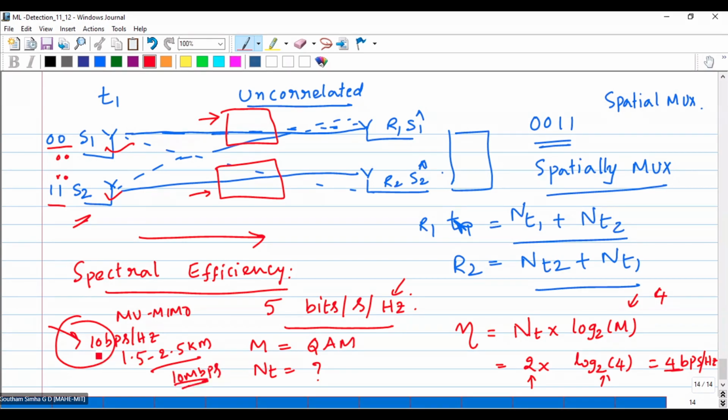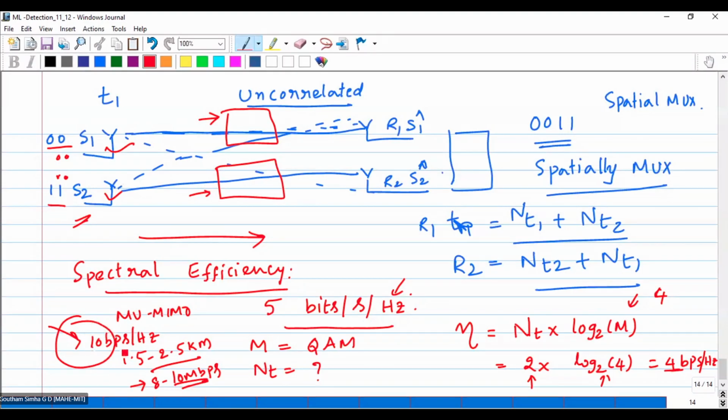Look at this. Approximately for a distance of 1.5 kilometers, this is approximate. There is another way of calculating, approximately 8 to 10 Mbps. See, the downloading rate doesn't depend on the spectral efficiency. Those two are absolutely different. Now, what I'm telling you is this: in order to calculate this data rate, you need a lot of calculations that we are not doing here.